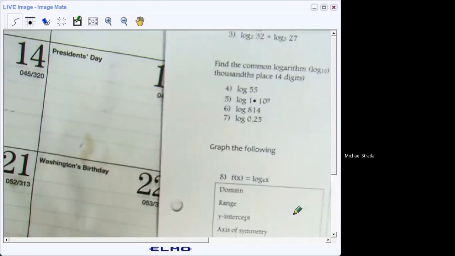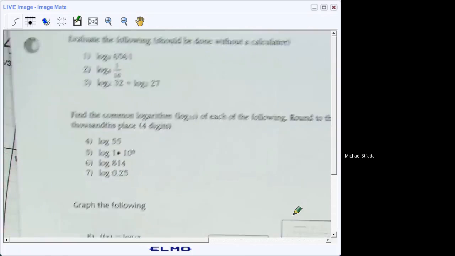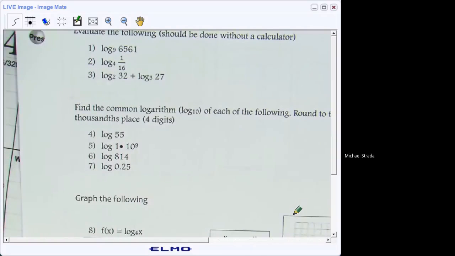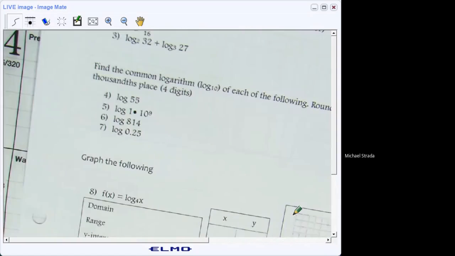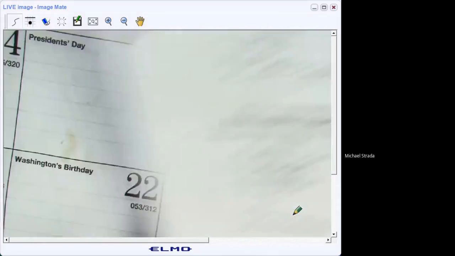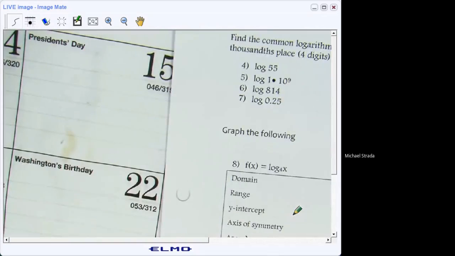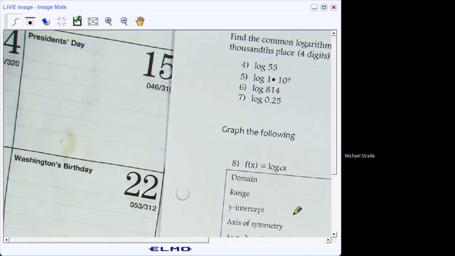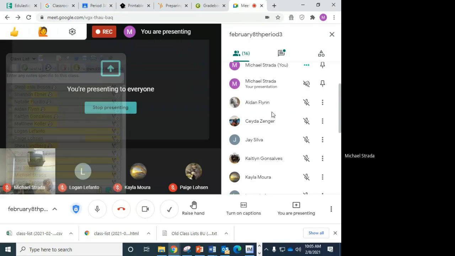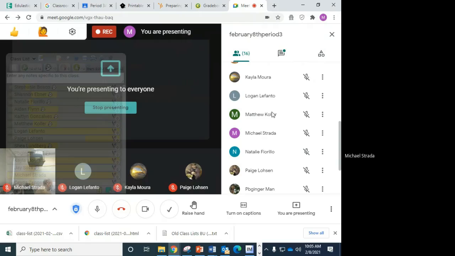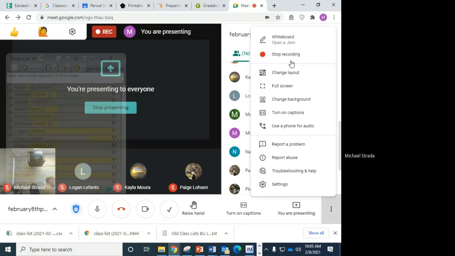Tonight's homework, 1 through 7 are quick. I don't even need to see any work. Just write down your answer. 8 through 15 are graphs. So you got 8 graphs to do for homework tonight at midnight. All right. With the exception of Matthew Kohler, if you are good